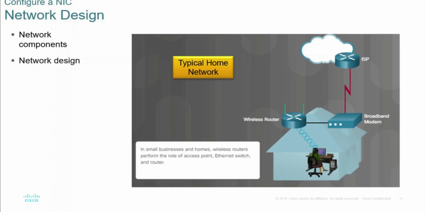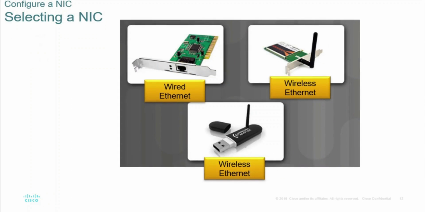One is wired, the other one is known as wireless. Now, a typical home network will have a wireless router and a broadband connection, which is connected to an ISP. ISP is known as Internet Service Provider. Examples of ISPs are Omantel and Ooredoo. These are the companies which provide you with internet facility. Then you will have an end user who uses the network connectivity from the ISP. Now, as I told earlier, NIC is of two types, mainly wired and wireless.